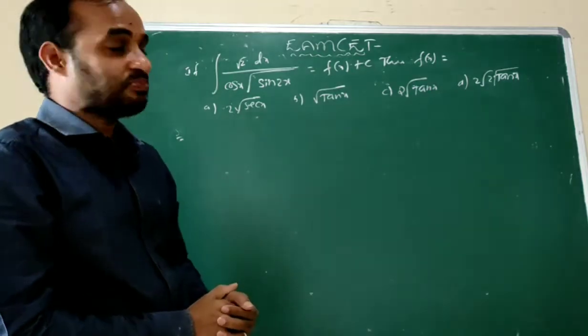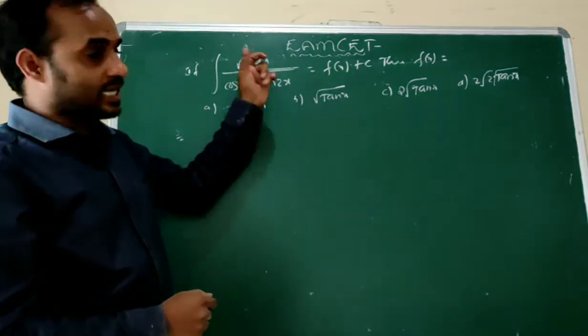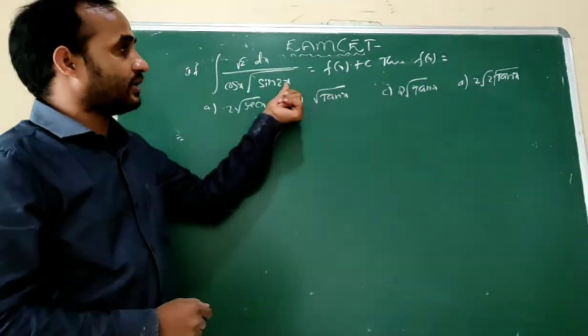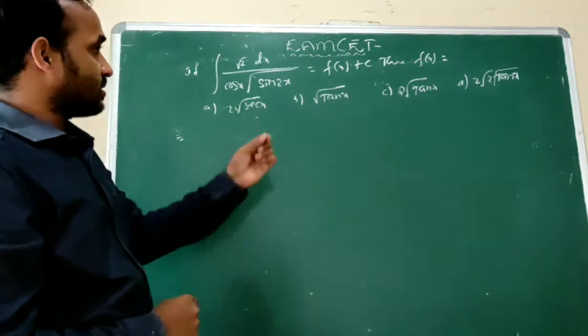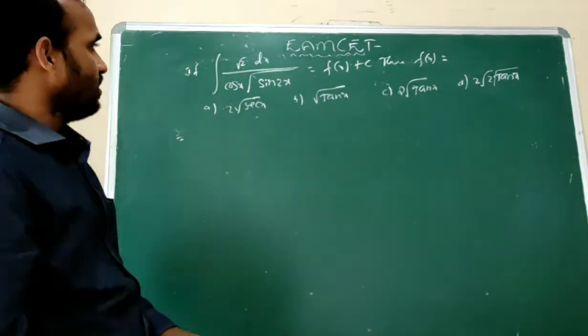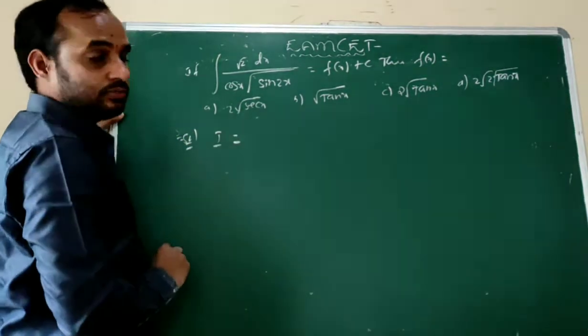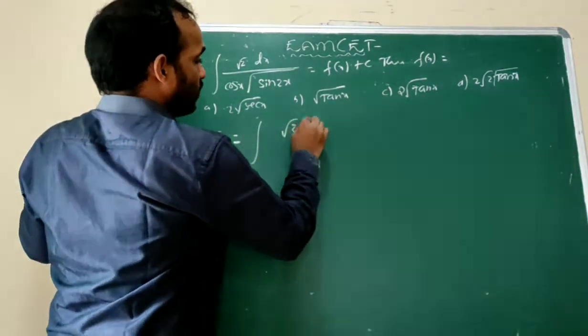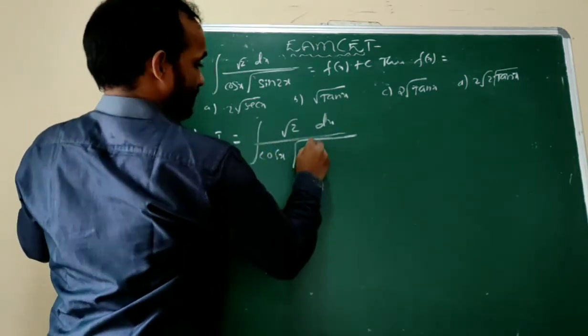Welcome to this session. Now the problem: the integral of root 2 dx by cos x under root sin 2x is equal to f of x plus c. Then what is f of x? So just 1 minute we can solve it. By the way, now the solution: capital I is equal to the integral of root 2 dx by cos x under root